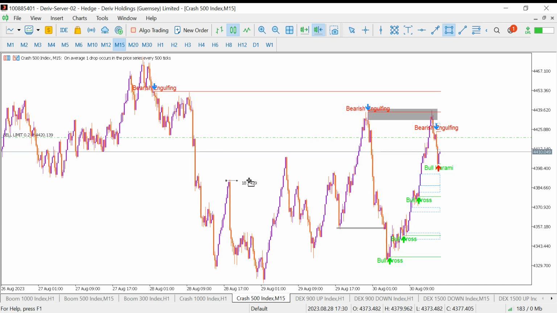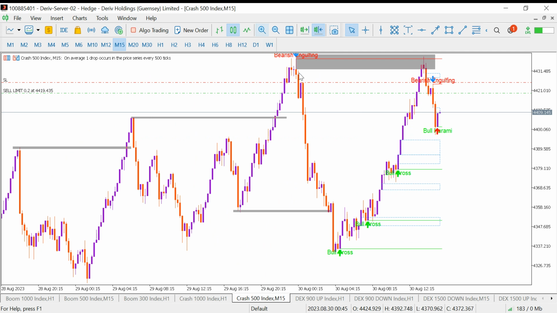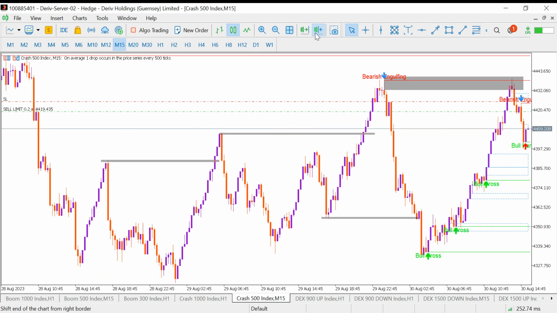if you look at this point, we have a change of character here, and then two changes of character is equivalent to a valid break of structure. We had an inducement here and then price reacted from this other block, but I'm not teaching that in this lesson. The point here is H1 to pick your demand and supply zone, and then M15